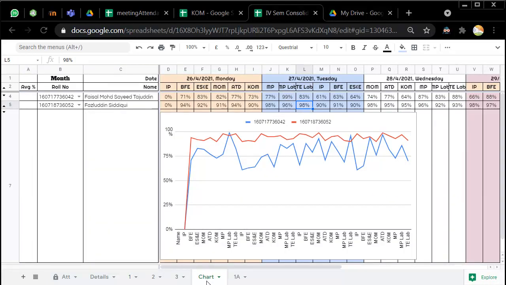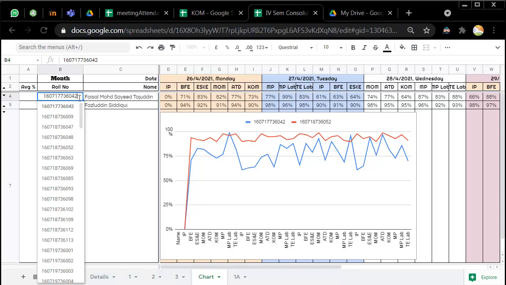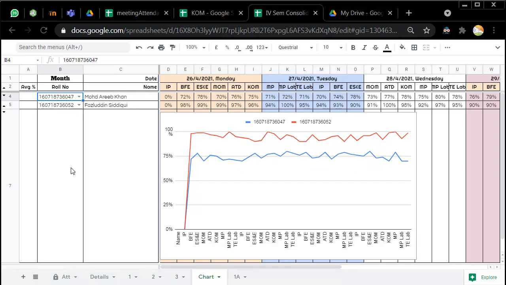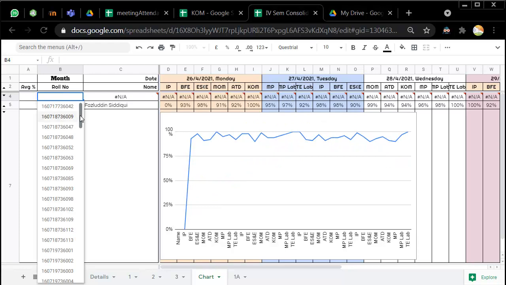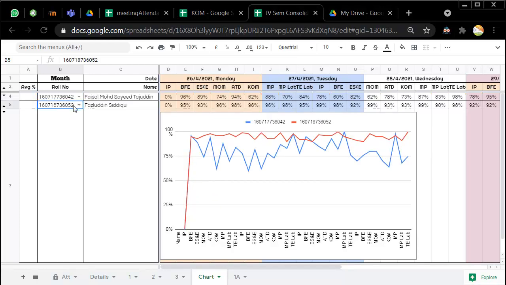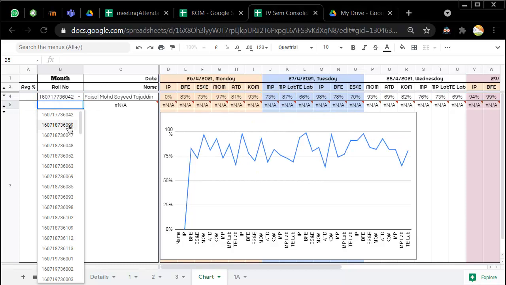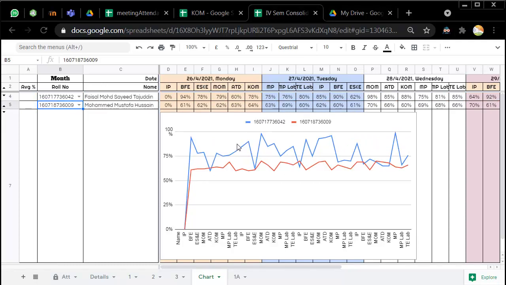So in the beginning, of course, there is this hall ticket number, and let me choose the first number here. The first number is of course this 42, and then here I will choose the second number. So you can see the difference between this graph. The second student is consistently maintaining a lower attendance compared to the first one, whereas the first one is not very consistent. He is attending a few classes more in number, a few classes very less in number.